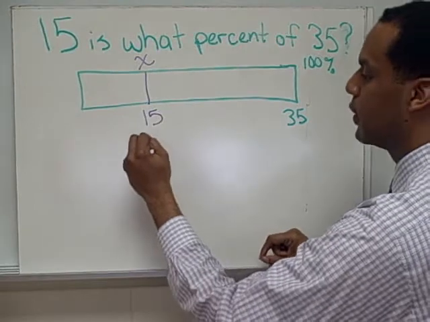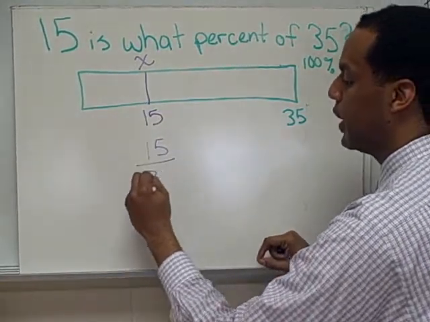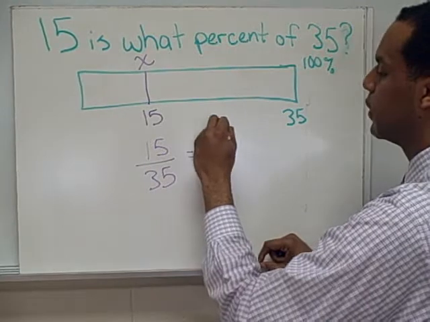So I'm going to write 15 over 35 equals X